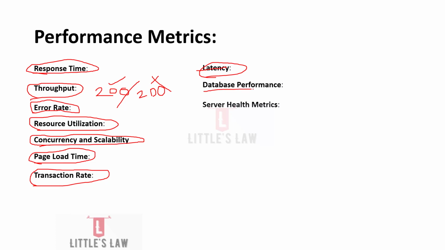And next comes the database performance. Assessing the database response times, the connection pooling, and the impact of database queries on overall performance are another critical metrics, and these can be done using AWR report. There are many other ways of doing this database performance, but again I would say this is another very critical metric that has to be part of your performance test report.